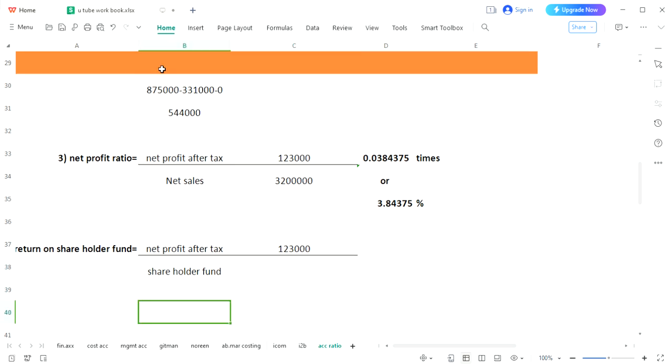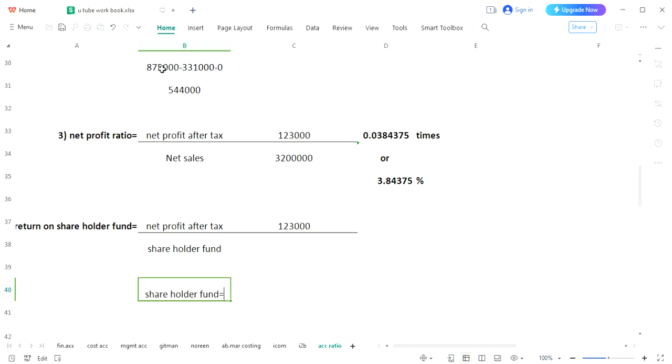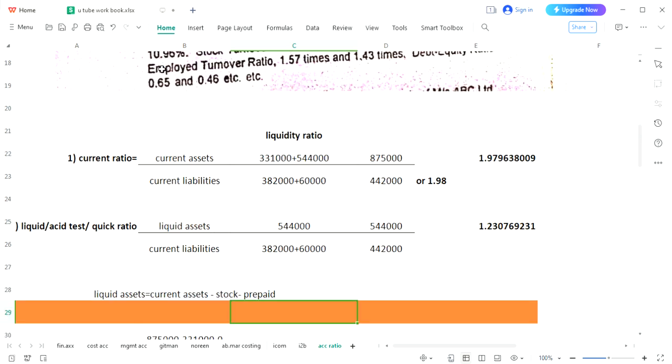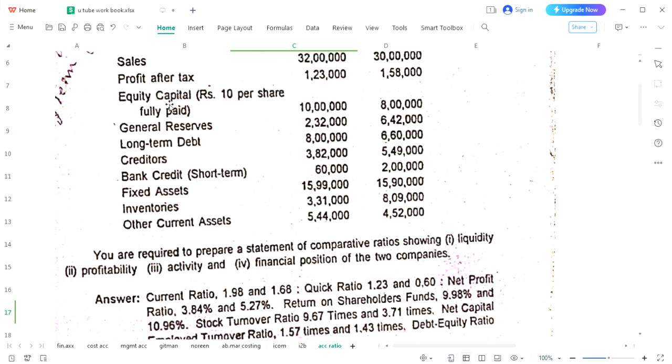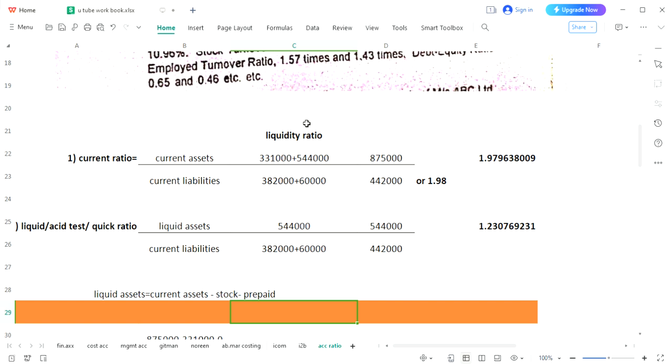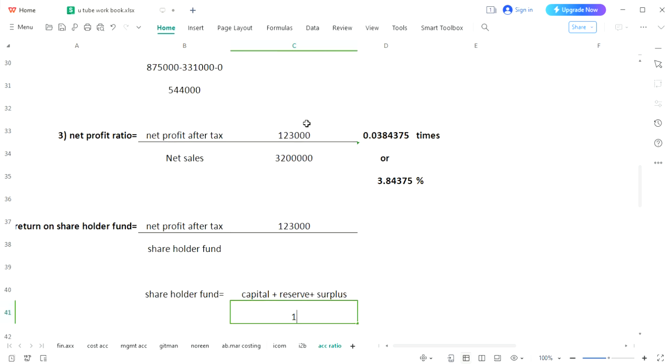How do we calculate shareholder fund? For that you need your capital, then you will add your reserve, then you will add surplus. You will get your shareholder fund. Let's see in the question. Capital is given, that is 1 million or 10 lakh. Just write down,